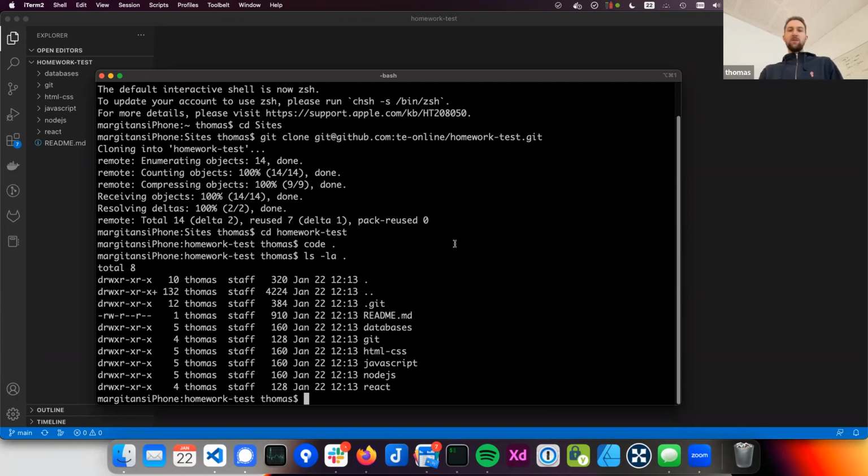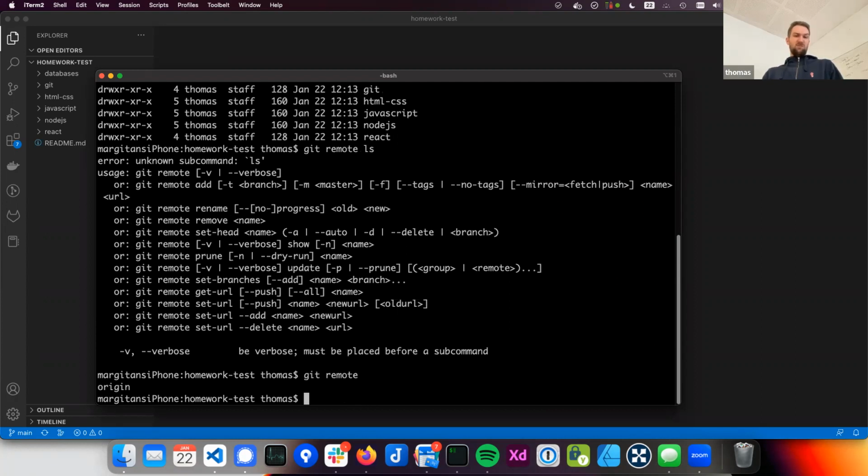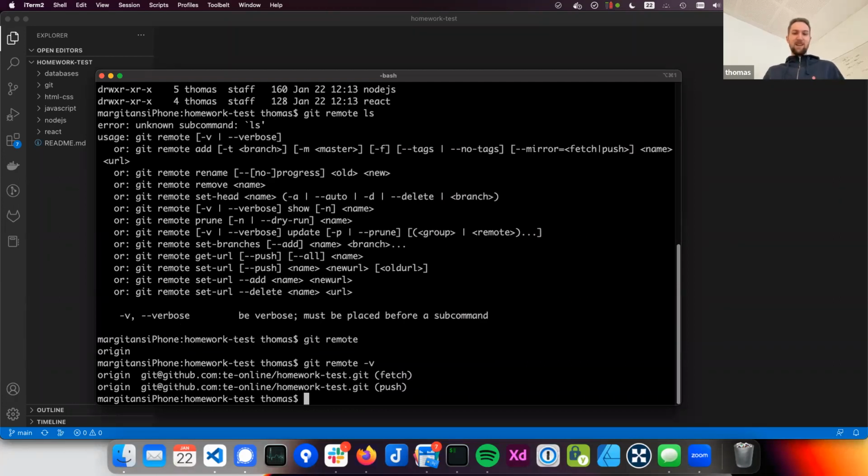So if you all open, whoever's interested in this, if you open your terminal on your homework folder, right, and you type, and now I have to remember this. I think it's git remote ls. No, git remote. No, I want to see details. So if you type git remote -v, you will see that you have a remote set up for your